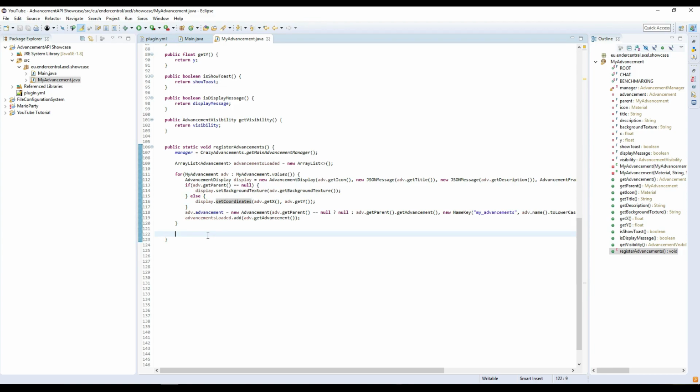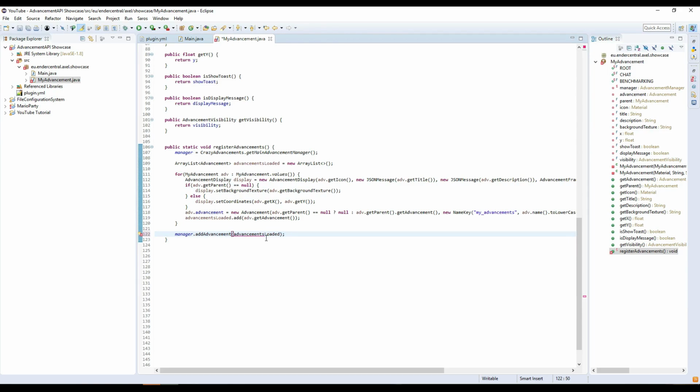So we'll just do manager.addAdvancement, and then like this isn't real. Always when I'm recording I forget to close the lake. Advancements added, but yeah, as you can see,